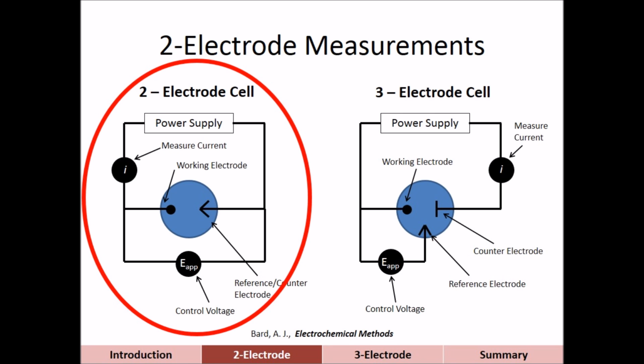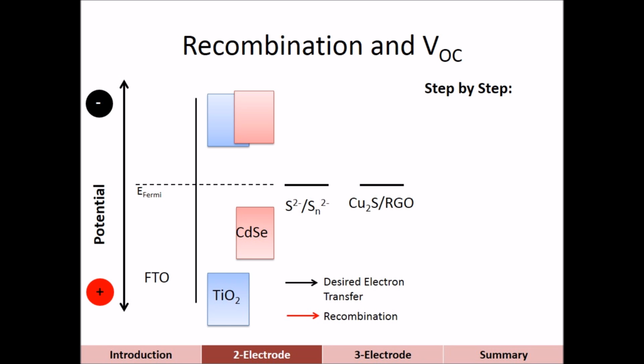So let's first look at the performance of a solar cell measured using a 2 electrode cell. In a standard quantum dot solar cell, we have a TiO2 QDSC working electrode on FTO glass, a sulfide polysulfide redox couple, and a copper sulfide RGO counter electrode. If we illuminate the cell at open circuit conditions, when we don't allow any current to flow,